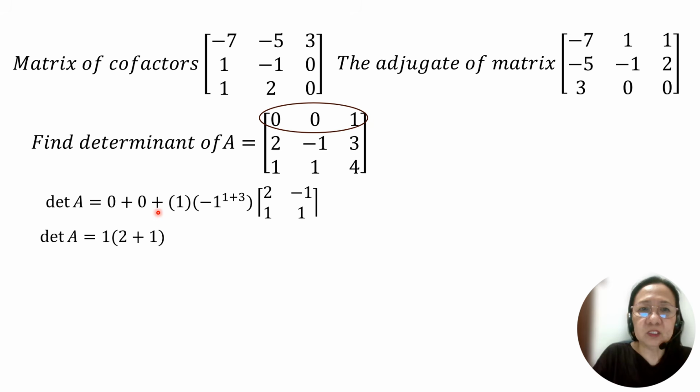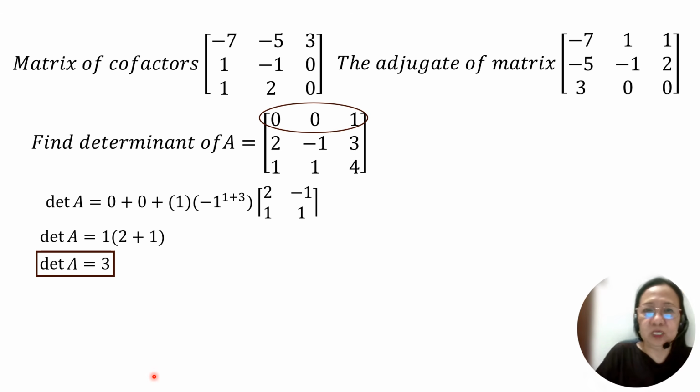Let us simplify now the result. We have, of course, 0, 0, then negative 1 is raised to 1 plus 3, which is 4. So we arrive at a positive 1 for the sign. Times 1, we have 1. And then from the matrix, 2 times 1 is 2. Minus 1 times negative 1, which is now a negative 1. Negative of negative 1 is positive 1. Then simplify, 2 plus 1 is equal to 3. And times 1, so our determinant A is equal to 3.